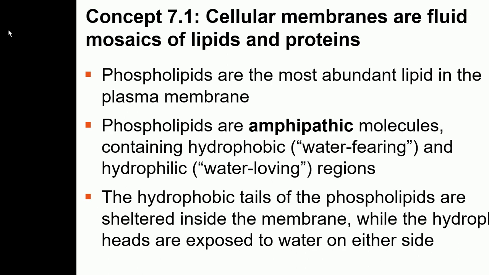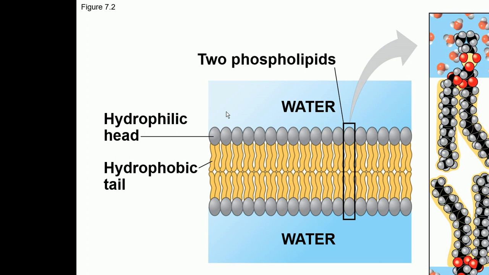Now, basically, the plasma membrane is made of phospholipids, and we have already talked about what phospholipids are in our chapter number 5 when we were talking about the biomolecules. Phospholipids, as you remember, are amphipathic in nature, which means they have both polar and non-polar nature. This is the structure of the phospholipid. This side is the polar side, and this side is the non-polar side. So this is the polar head, and these are the non-polar tails.